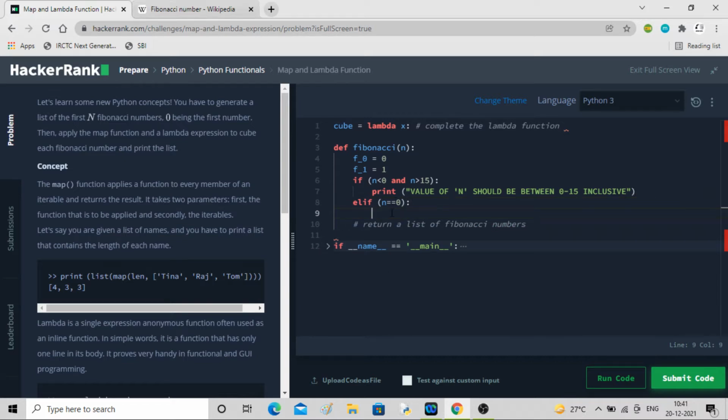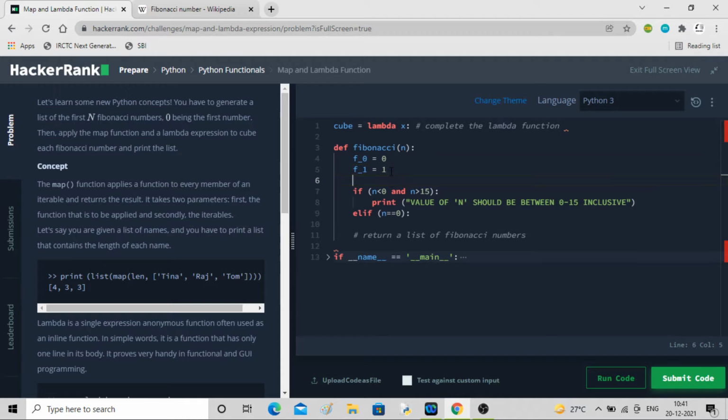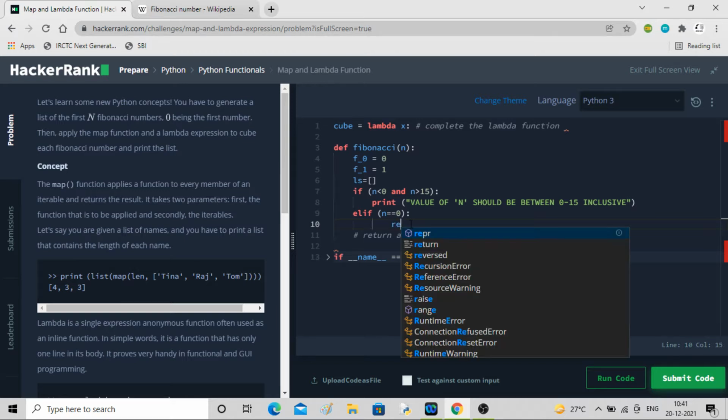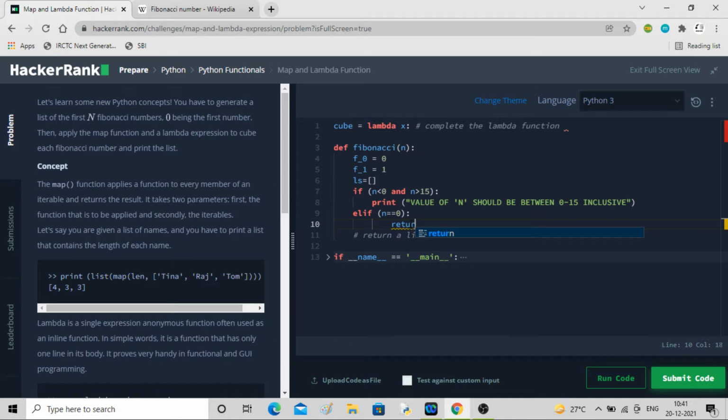It should not give anything. So I'll define something called ls to save the Fibonacci numbers, and I'll return ls as it is, an empty list, return ls, because it will not carry anything. Okay.